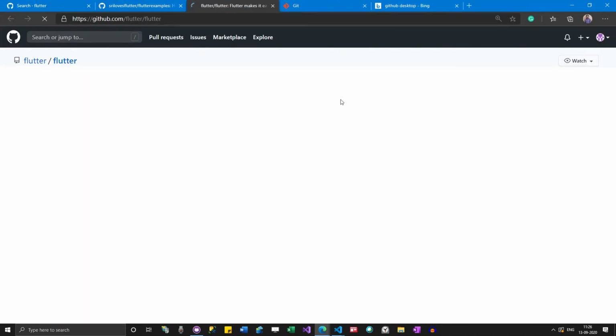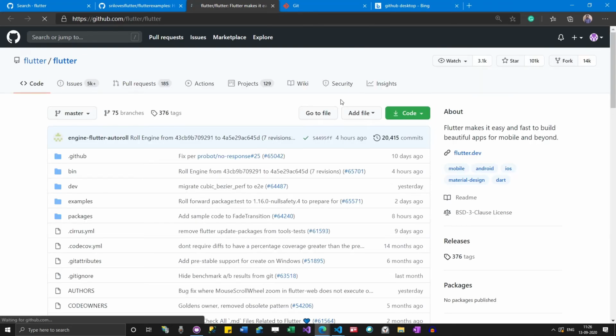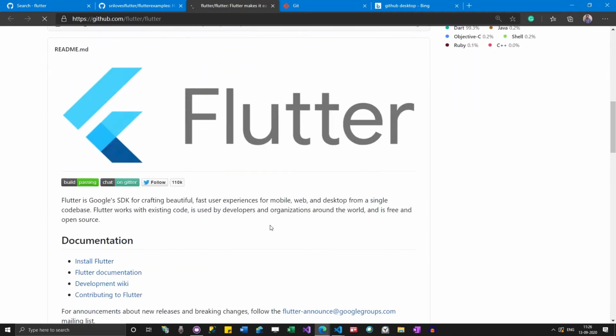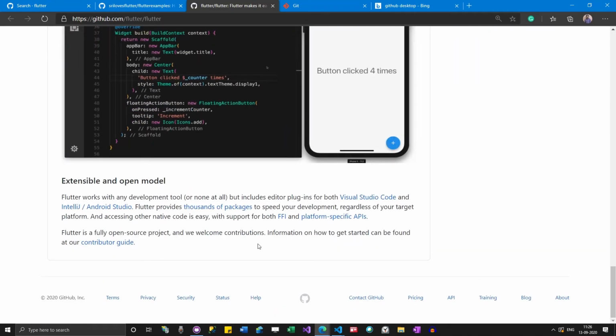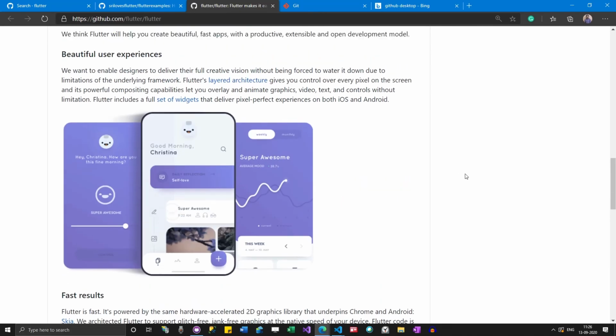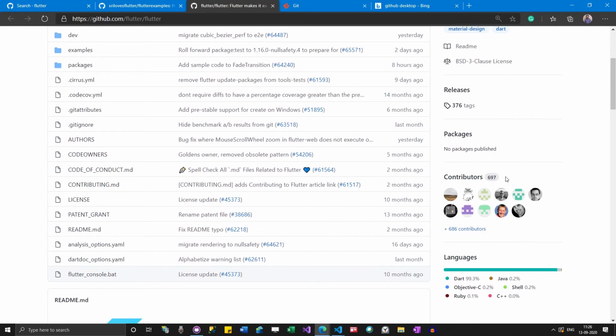During our sessions, I have shown you how you can make modifications to the SDK. You can go through all this documentation and then contribute to the Flutter SDK. Here you can see there are 697 contributors, and if you are able to get your name over here, then definitely you are going to get a very good job.